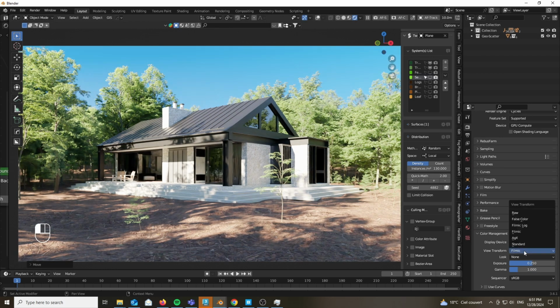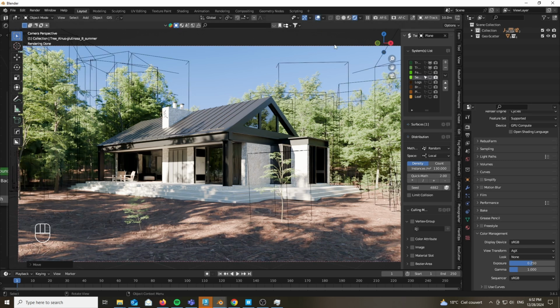AGX does all of this for you. As you can see, you are keeping it with AGX, keeping the look to none. And I recommend that you do the contrast inside of Photoshop or Lightroom or any other software which is more